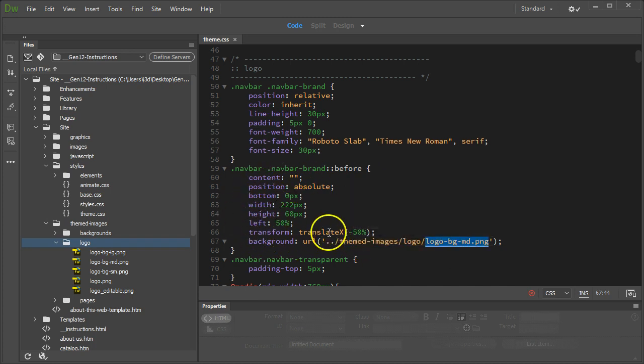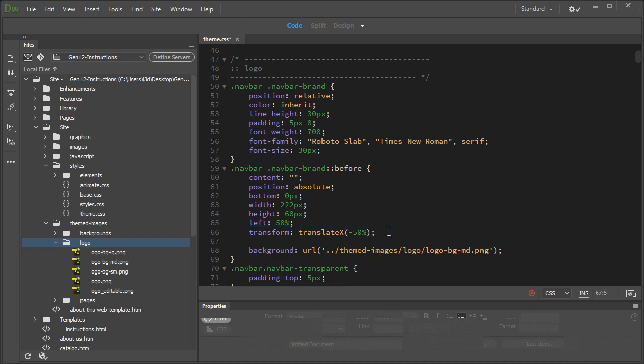To position it, currently we have it so that it is left and centered. If you remove left or the transform, translate, and the left, then you can use top, bottom, left, and right positionings, as in right